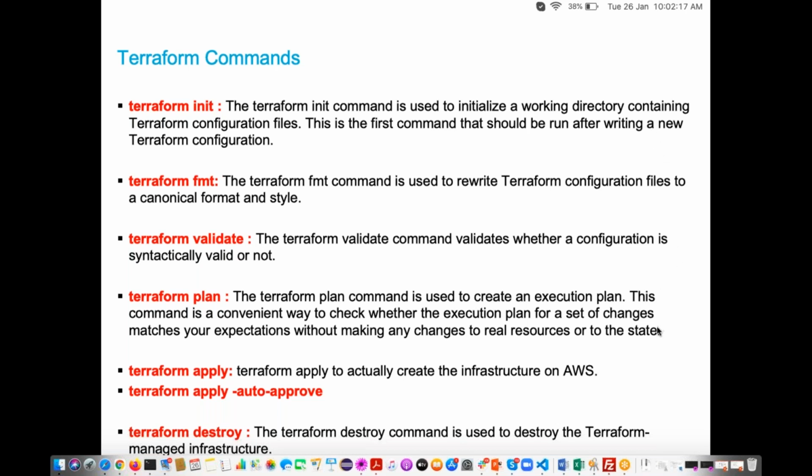Okay. So now we execute it. After executing this terraform init, we are going to execute the terraform fmt command. See why we need to execute this terraform fmt command.